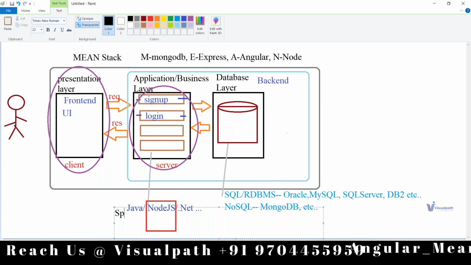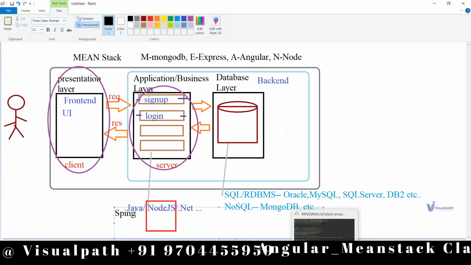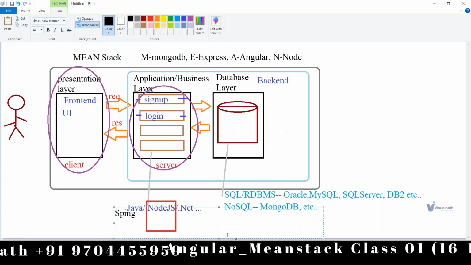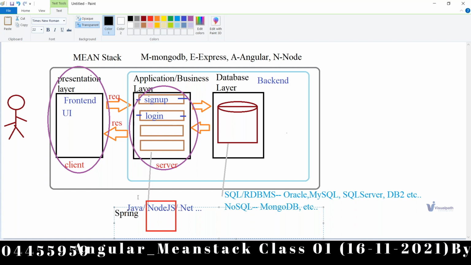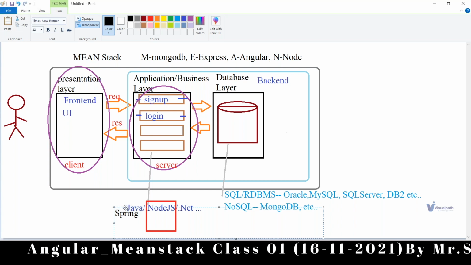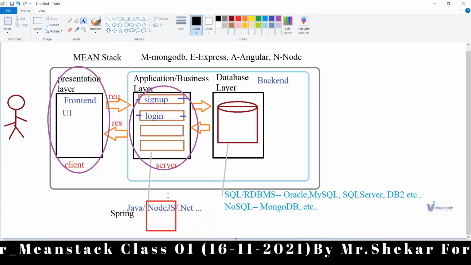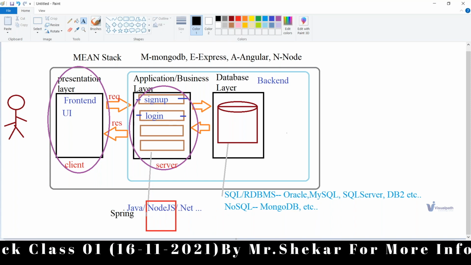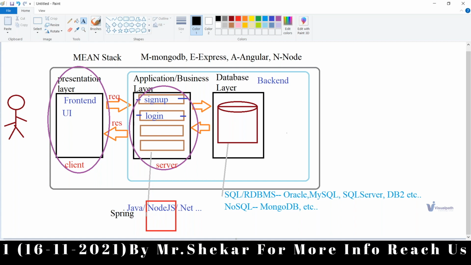Whatever activity you want to do with Java, it will make it easy. So that's why we'll be using Spring for Java. In the same way, for .NET you have something like .NET Core. For Python, we have something called Django.